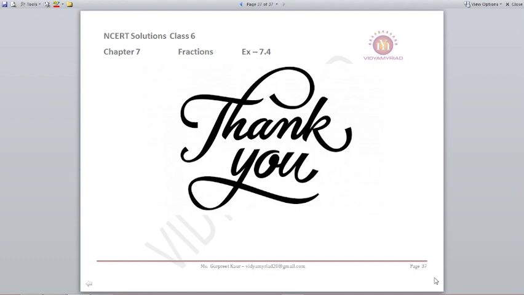That's all for this exercise, children. It's very simple exercise. You have to just see the denominator. If it is same, then look into the numerator. The bigger will be the bigger fraction, smaller will be smaller fraction. And if denominators are not same, just cross multiply to find out the bigger and a smaller fractions. And take care while putting your greater than sign and less than sign, the mouth which is open towards that number, it will be always greater number or a bigger number, and the pointed one will reflect the smaller number. So take care, do practice.